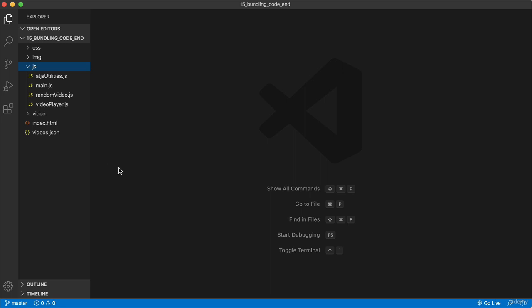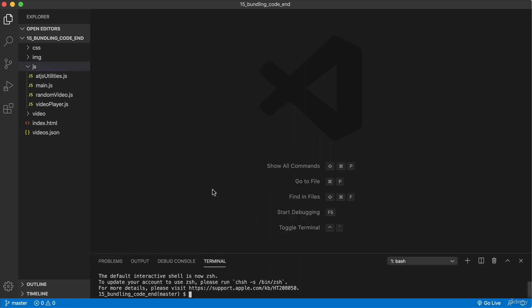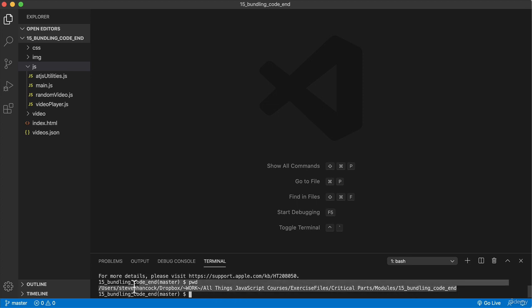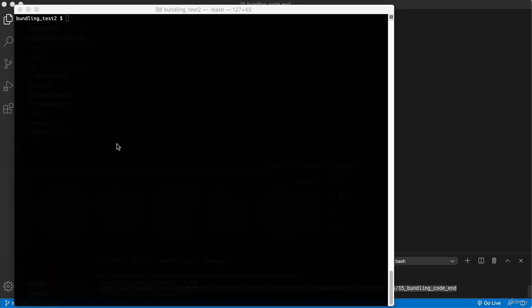Now I'm going to go ahead and use a separate window because of the amount of work we'll be doing in that. I won't be doing it inside of Visual Studio Code. But I do want to use Visual Studio Code terminal really quick to make something easier for me. So I'm going to open it up either from the menu, or you can use the key shortcut. And all I'm going to do is enter print working directory. I just want to see where I'm at. And the reason I'm doing this is going to make it easier for me when I open the terminal window to get to where I need to be, to get to this folder that contains all of these files. So I'm going to copy that, and then I'm going to open my terminal,